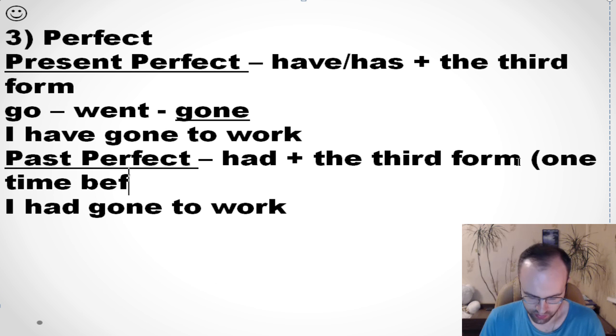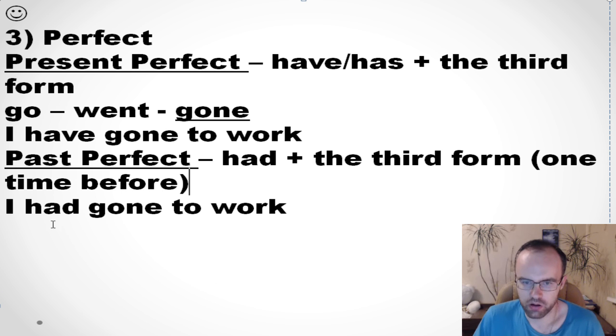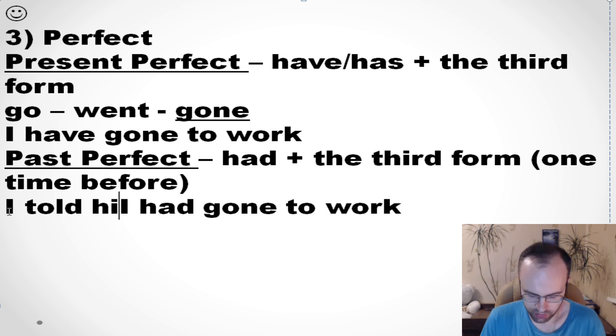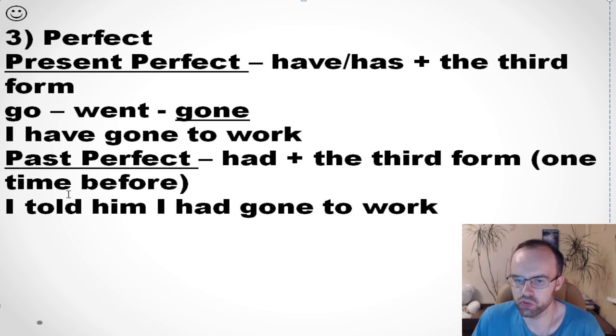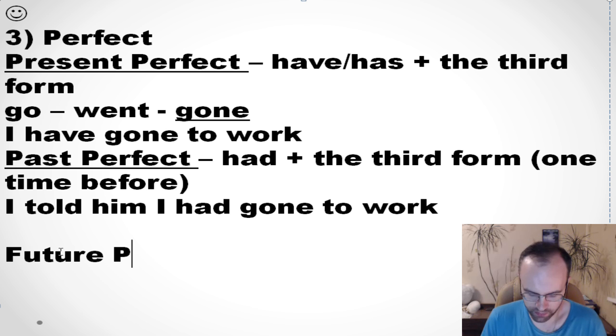One time before. For example, I told him I had gone to work. So first I went to work and then I told him. So this action happened earlier. And future perfect, we use it with by,